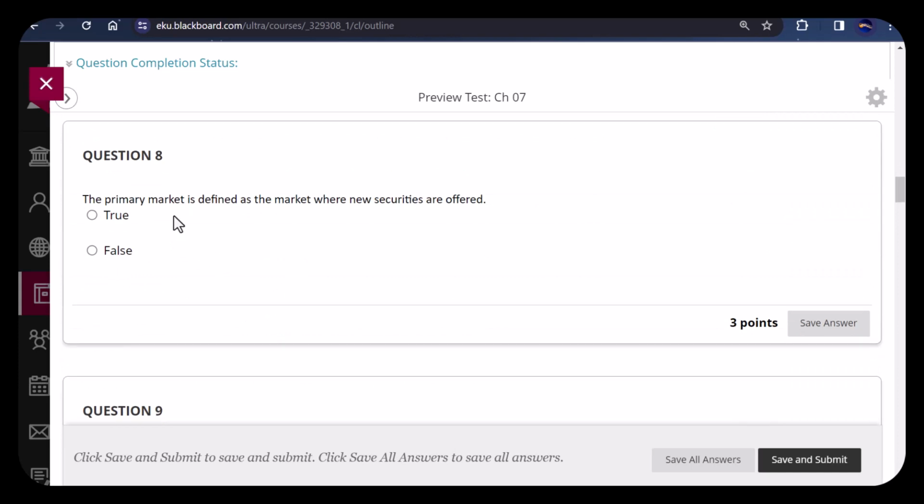And in equity markets, there are essentially two markets. One is called the primary market, where you offer new securities. For example,